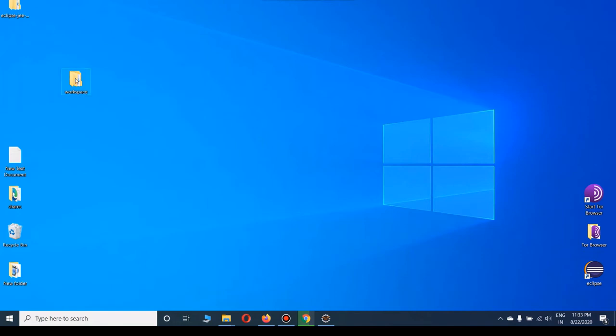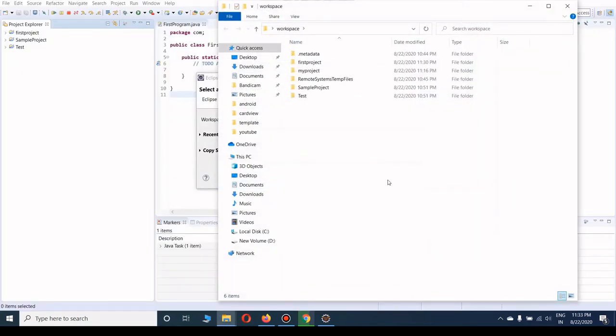So when you click on this, you can see that all the projects which are present in the Project Explorer window, as well as the ones you deleted from the Project Explorer window, are present in this directory. So a workspace is a directory where all the projects are stored along with some configuration files of Eclipse for this workspace. Okay, so which one did I delete? Okay, I have deleted my project, and it is deleted from the Project Explorer window only, but it is present in the workspace.